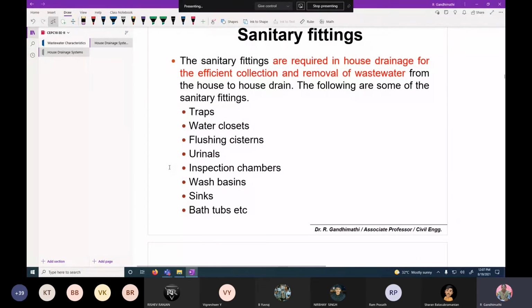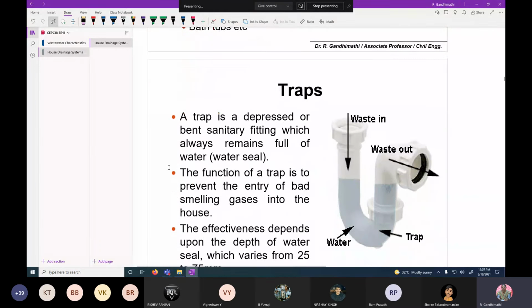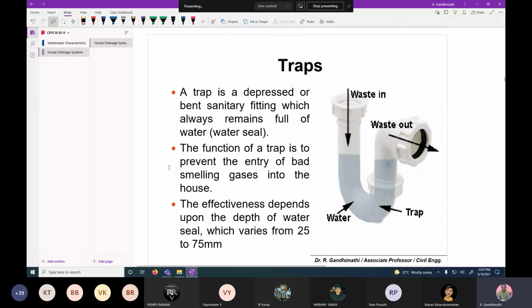Then these are the different sanitary fittings: traps, water closets, flushing cisterns, urinals, inspection chambers, wash basins, sinks, bathtubs. And then traps. I have already discussed the traps. A trap is a depressed or bent sanitary fitting which always remains full of water.